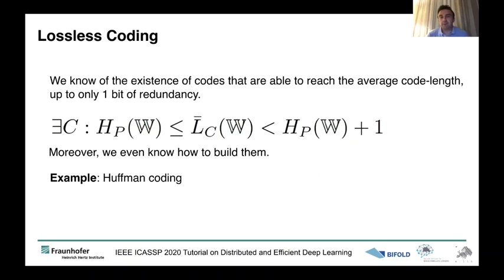But the cool thing is that it's not a very loose bound. We know codes that are able to reach the average code length up to 1 bit of redundancy. So we know codes which are between this entropy bound and this entropy plus 1, which just need 1 bit maximum of redundancy, and we even know how to construct them. Huffman coding is one example of such codes,